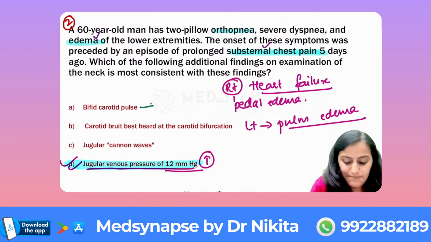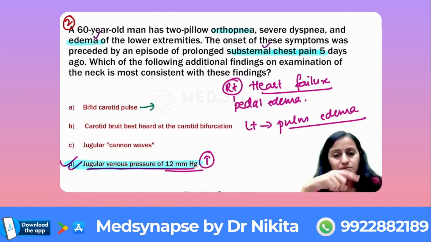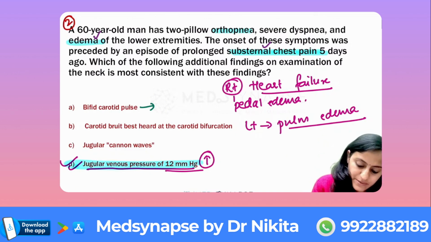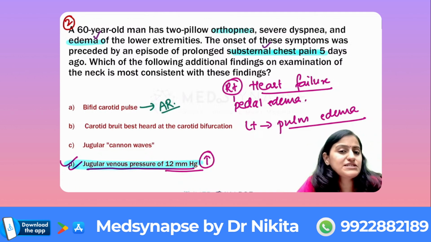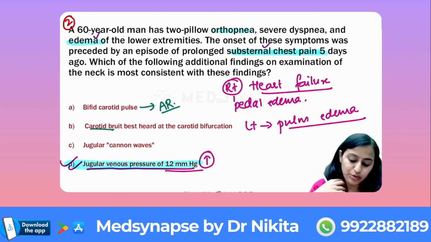Where do you see a bifid carotid pulse? So bifid basically means that in the systole, you are seeing two peaks. This is going to be aortic regurgitation, right? Aortic regurgitation may be coupled with aortic stenosis as well. Then you have carotid bruit, best heard at the carotid